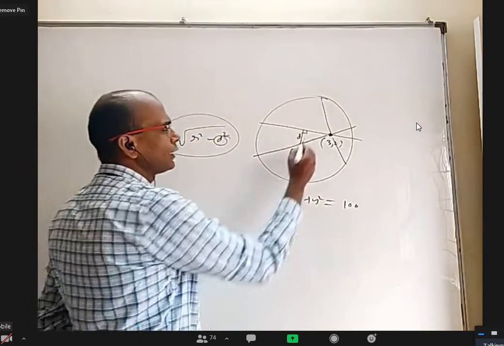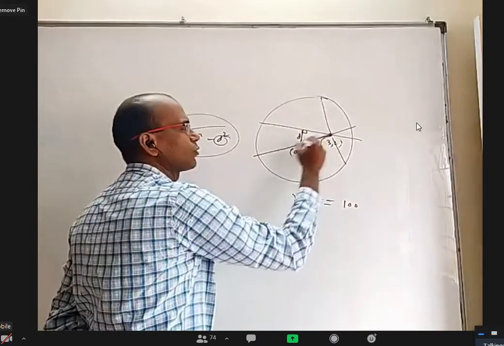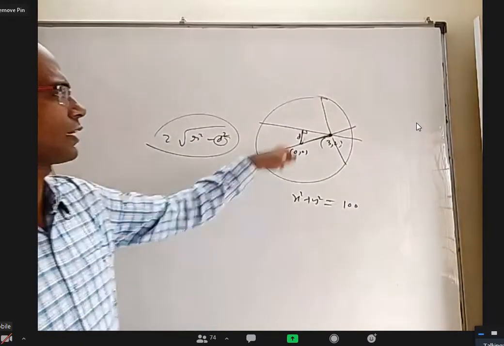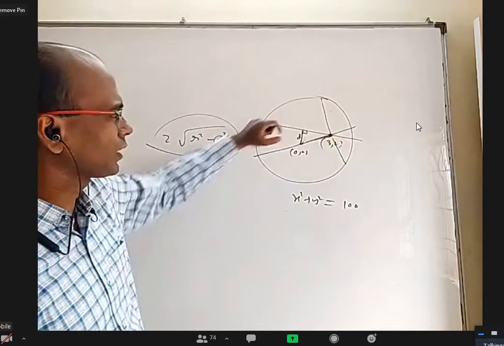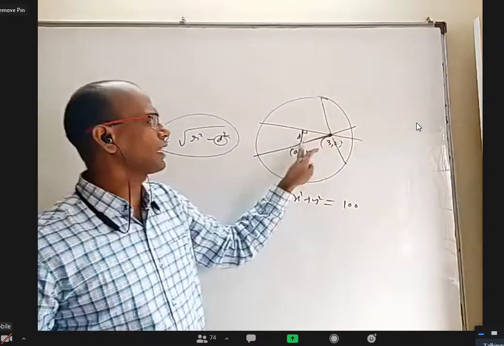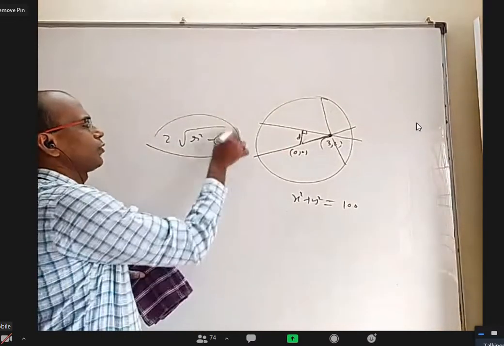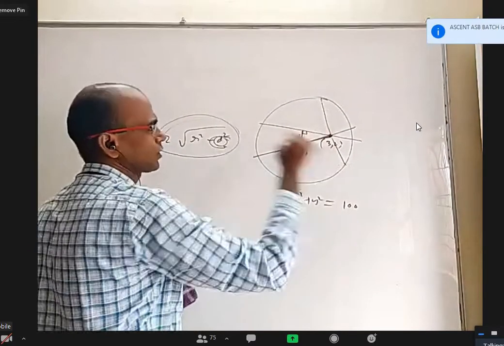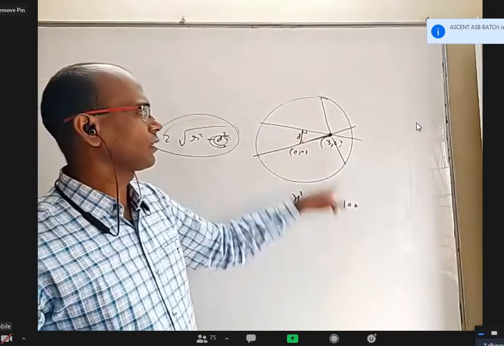Okay, so you can see this d is every time less than this. But when you take this line, d will be equal to this because that is the hypotenuse of a right angle triangle. Every side will be less than that. So other than this chord, if you take any other chord, d will be less than root 13. But when it is this line, d is the maximum, root 13, and d cannot be more than root 13. If you want to minimize this, d has to be maximum, that is for this. Okay. So this chord will have maximum length, it's a diameter, and this chord will have least length.